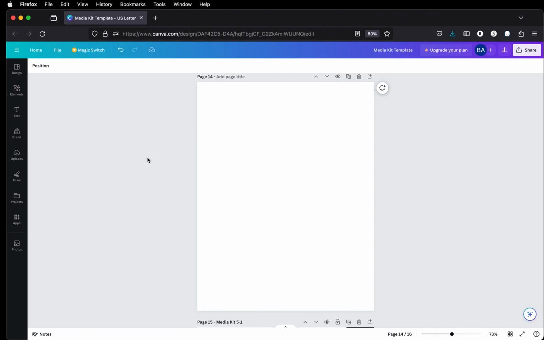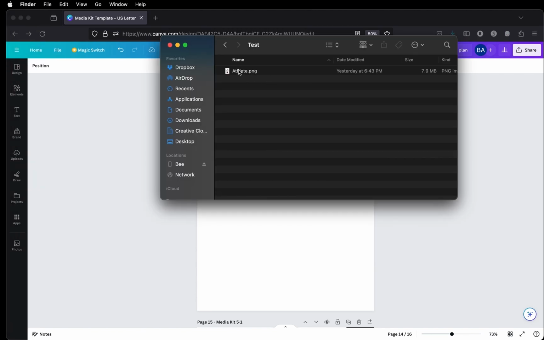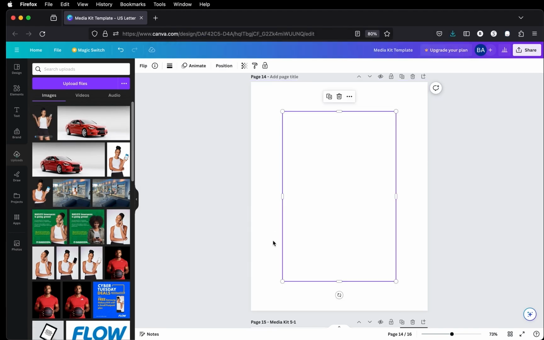Now for this tutorial video, I'm going to walk you through how to take your PNG image into Canva to make a graphic or a flyer of some sort. In a previous tutorial, we spoke about how to create a PNG out of your subject to be able to place it to create flyers, graphics, or different things. So we're going to go to Finder. We're going to take our PNG and we're just going to drag it right on top